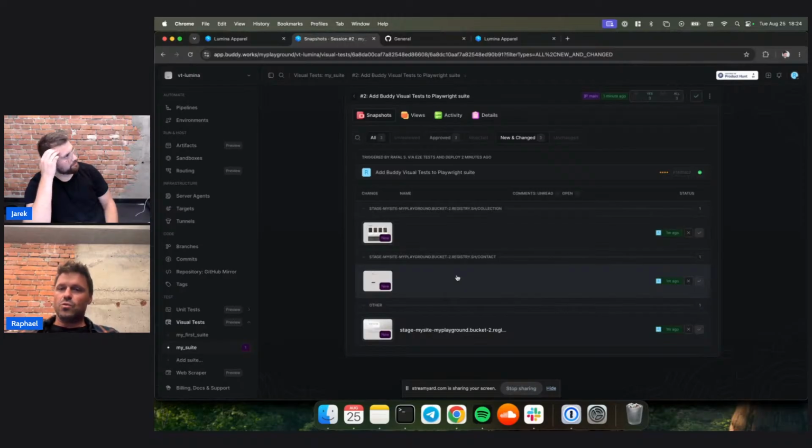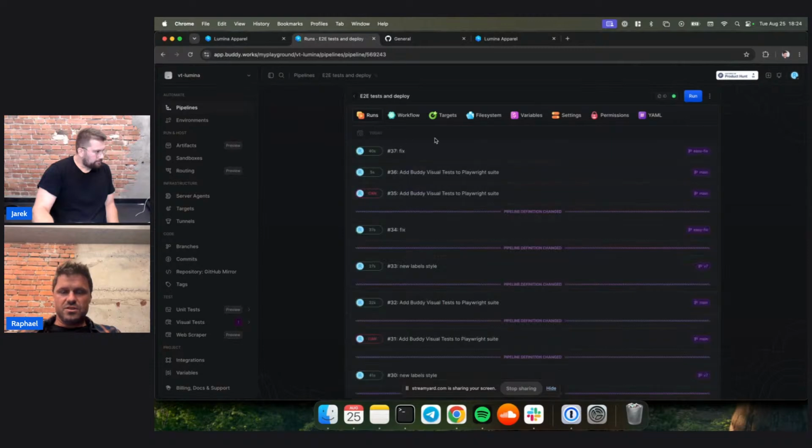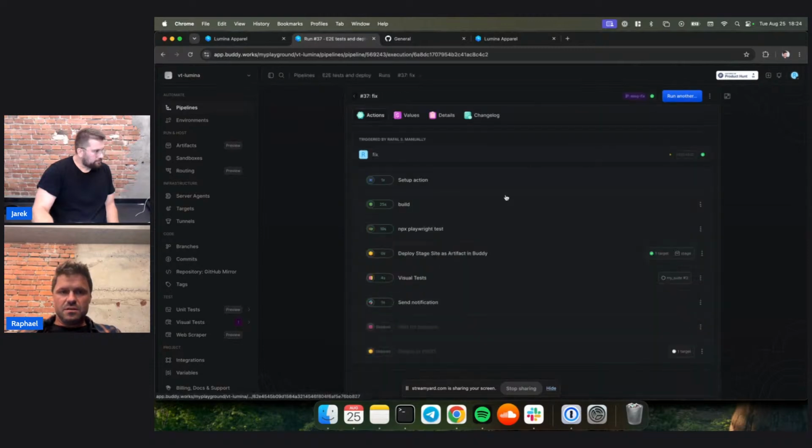So once we introduce new sites, new URLs inside our application, Buddy will know about it and will mark it as new. Okay. Once this pipeline ends, it is already green,